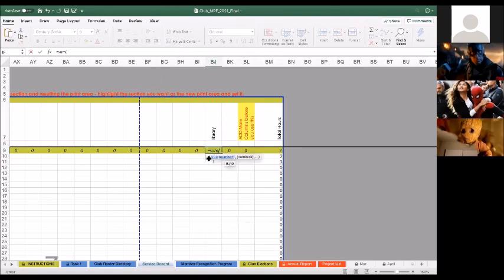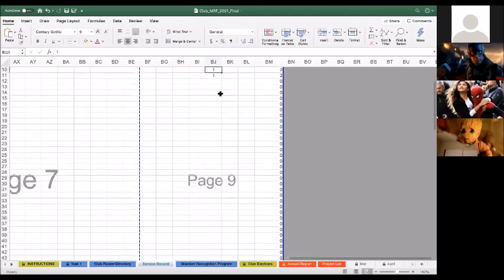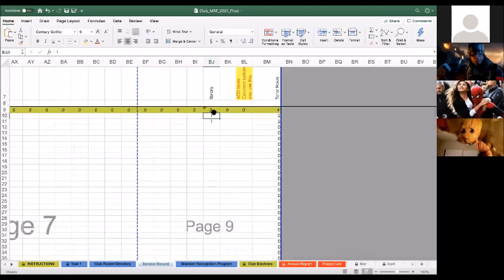And then you can copy or highlight all the rows for however many members you have. Press enter. And now you'll see the formula is in the cell. Yeah, so you can see 1 + 1, that's 2. And this will all count towards the total hours you see here.